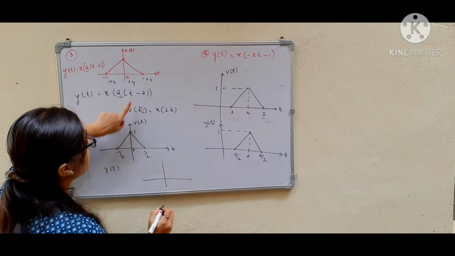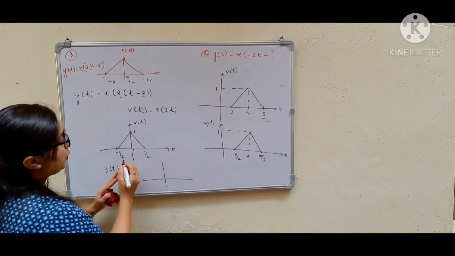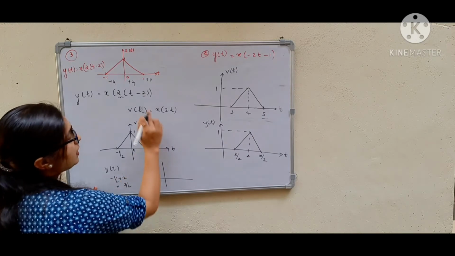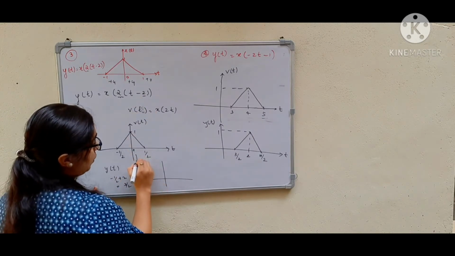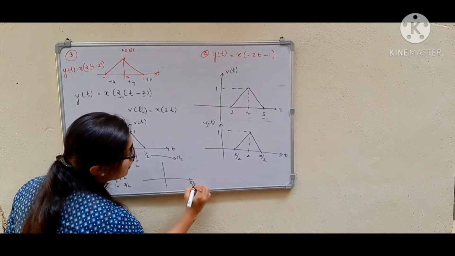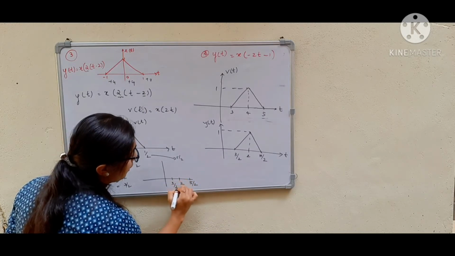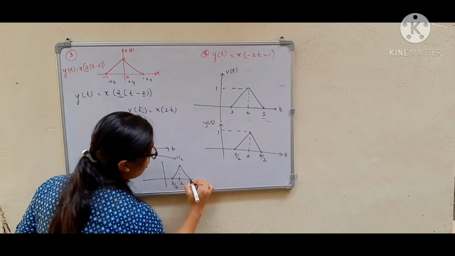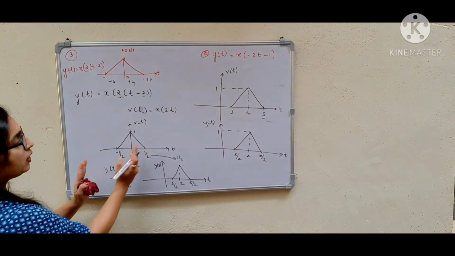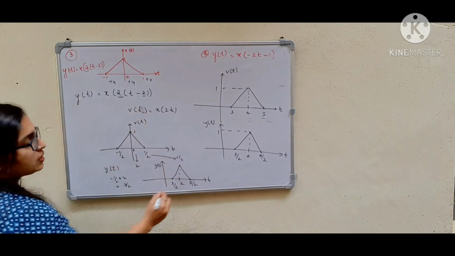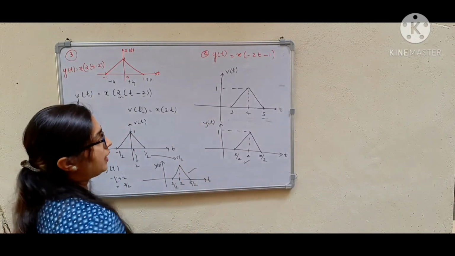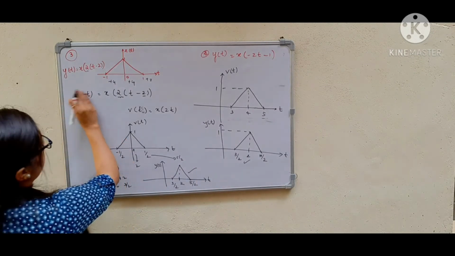We are going to perform the shifting operation. That means this signal is moved towards right by 2 units. So minus 1 by 2 plus 2 will be equal to 3 by 2. 0 plus 2 will be equal to 2. 1 by 2 plus 2 will be equal to 5 by 2. So we are going to get the values at 5 by 2, 2 and then 3 by 2. This is y of t. So this is obtained by moving this towards right by 2 units. See, this signal and this signal both are same. So from first and second methods, we are getting the same signal y of t.